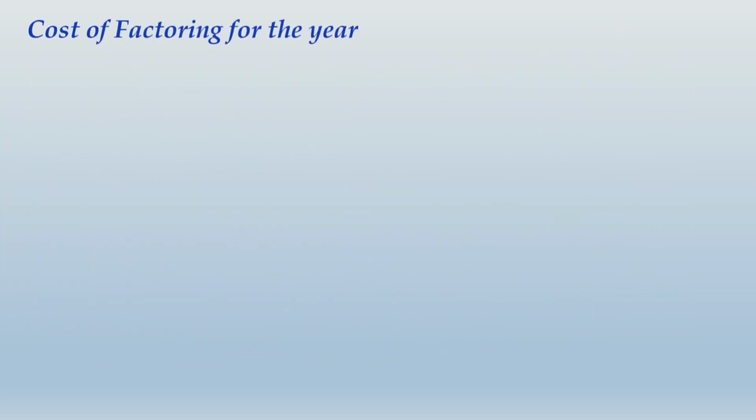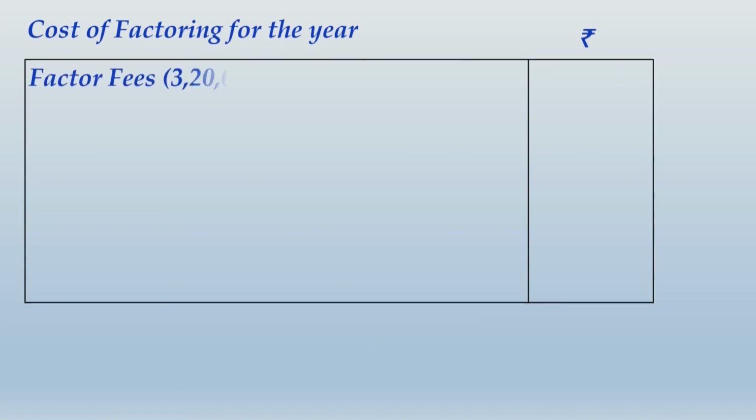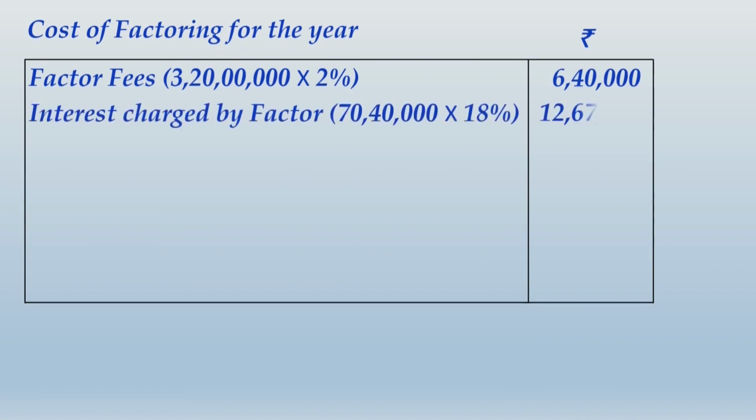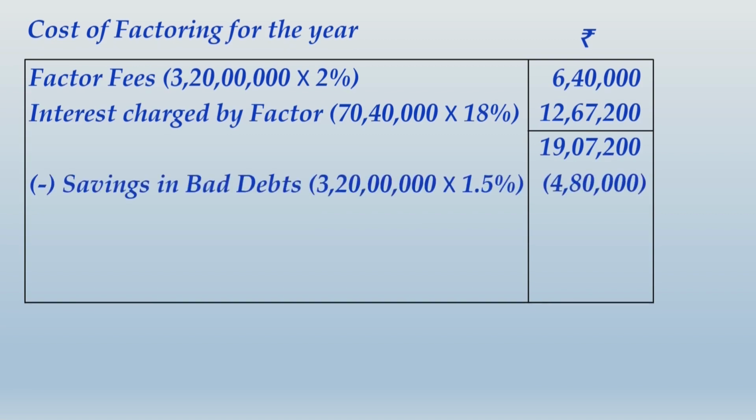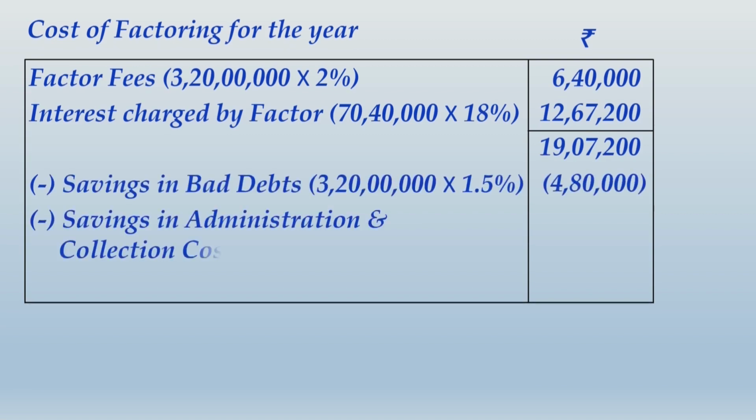So that will be cost of factoring for the year. Factor fees will be 2% of 3 crore 20 lakhs, and that will be 6,40,000. Interest charged by factor will be for the entire year 18% of 70,40,000. That comes to 12,67,200. And from this aggregate, you subtract the savings in bad debts and also subtract the savings in administration and